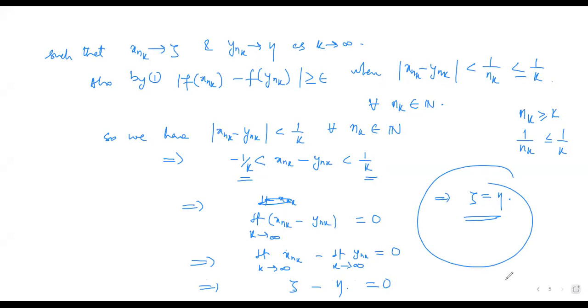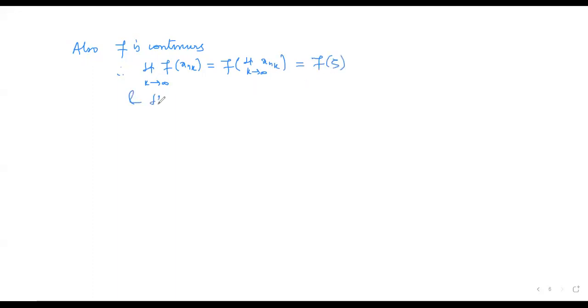So it implies that also, क्योंकि हमने माना है f is continuous, that is given. अगर continuous है, so therefore limit k approaches infinity, f of xn k must converge to f of the limit k approaches infinity xn k, that is equal to f of zeta, and similarly limit k approaches infinity, f of